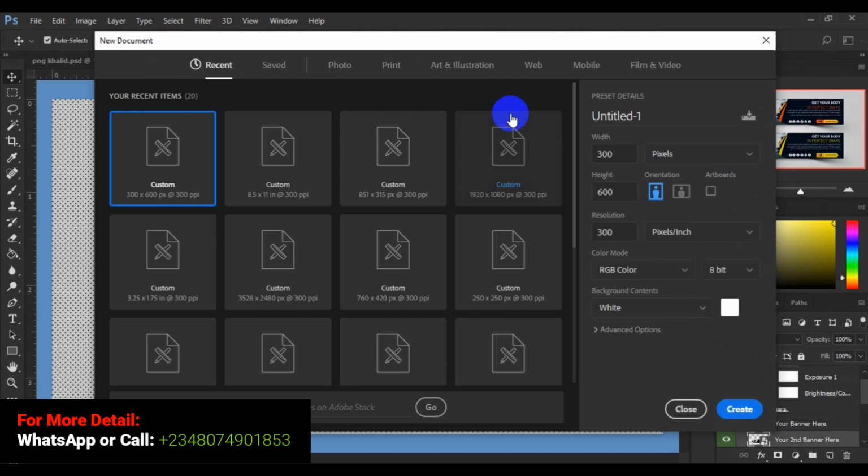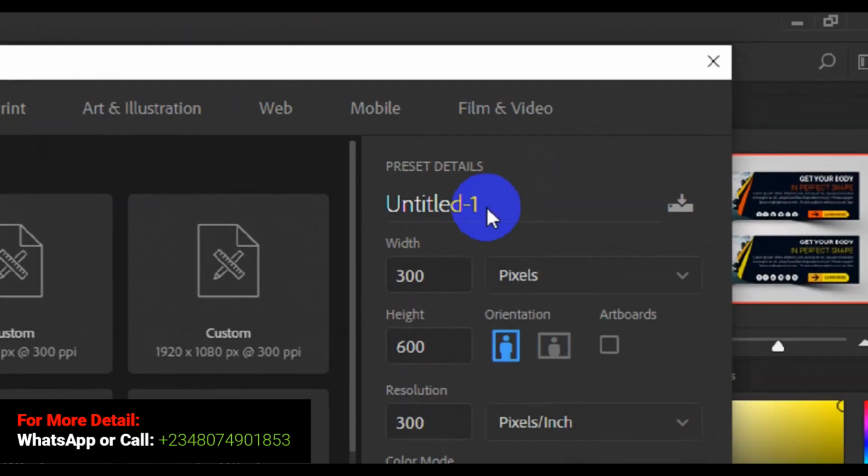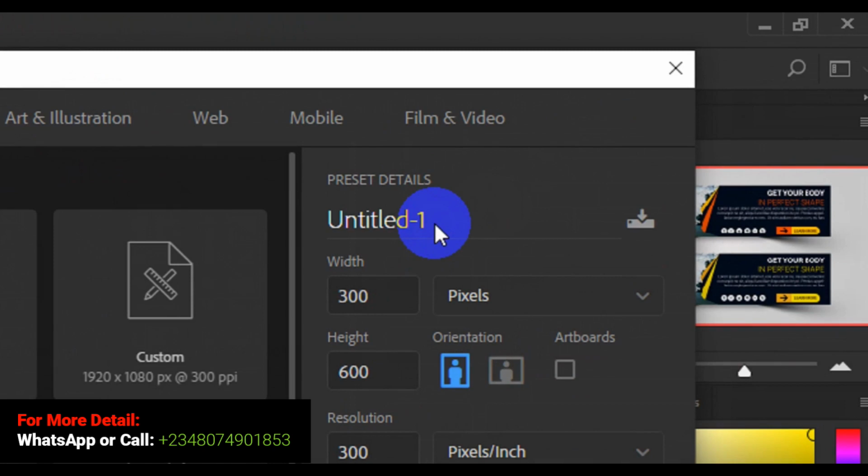All right guys, at this point, this is where you set your page. A web header can be in various sizes as far as web banner is concerned. It depends on the size the website needs, or it has to be determined by the web developer or the client. They might give you the size in some cases, but if they don't, they might ask you to go to the website and download the banner for you to have an idea of the web banner size. But in this tutorial, I'm going to give a size of